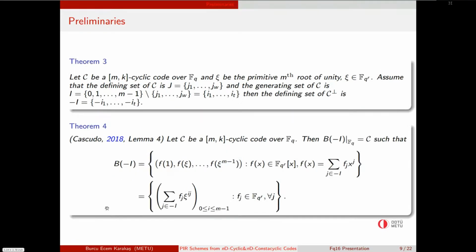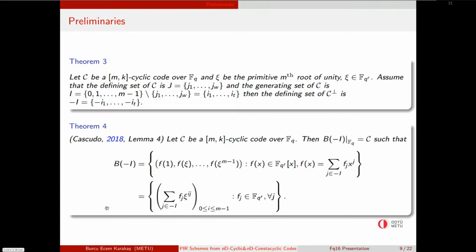So if we know the defining set of the cyclic code C, then we also know the defining set of C-dual here. And we need to see the cyclic codes as an evaluation code, like here,